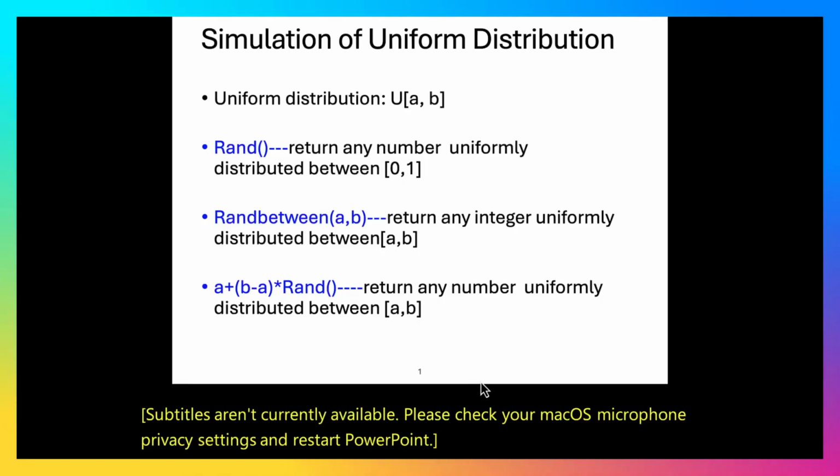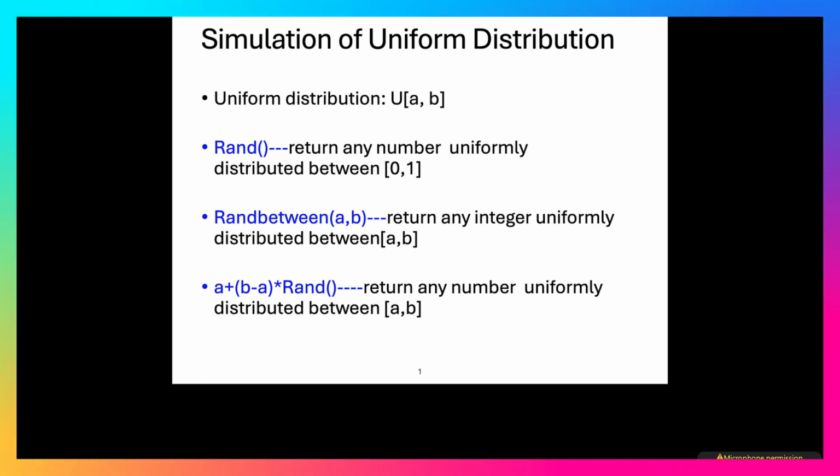In this short video, I'm going to demonstrate how to use Excel to generate random numbers that are uniformly distributed between A and B. In Excel, there's a built-in function called Rand. If you type in this function, Excel will generate a number between 0 and 1. If you'd like Excel to generate any integer that is uniformly distributed between A and B, you're going to use